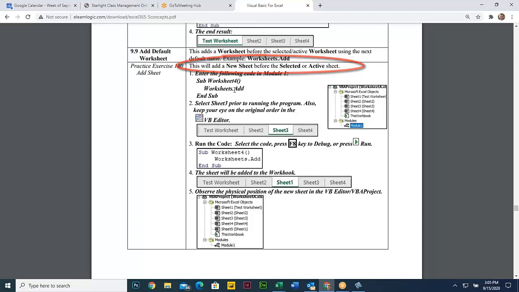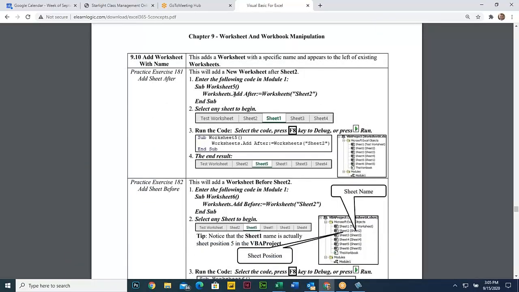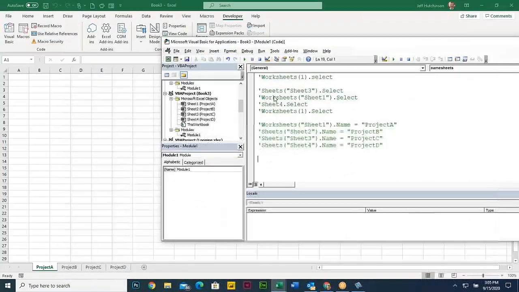But if you want to add it after a specific sheet, then you can say Worksheets Add after a specific sheet. So it would actually show you that, but it would actually come out as number 5. I'll select this. This is what I'm looking for. So I'm going to put that right here. It says Worksheets Add after Worksheet B. So this would be project